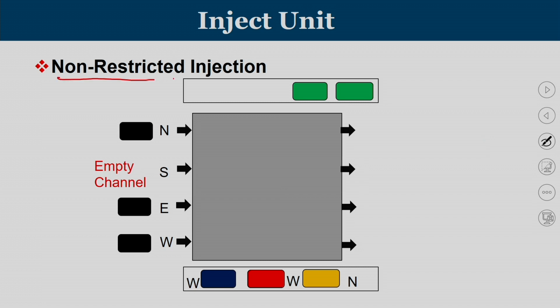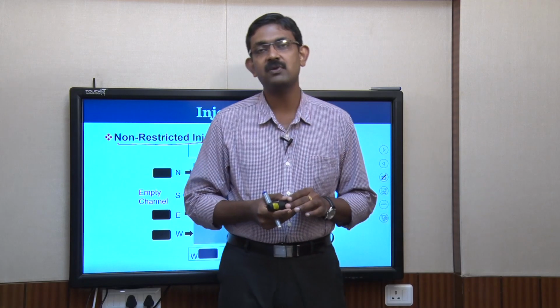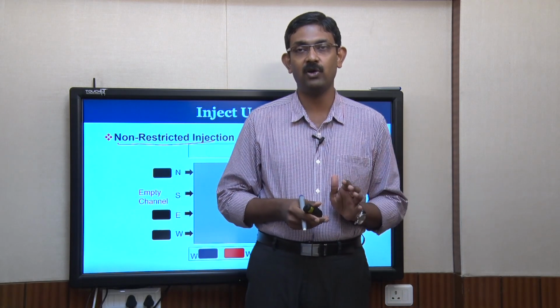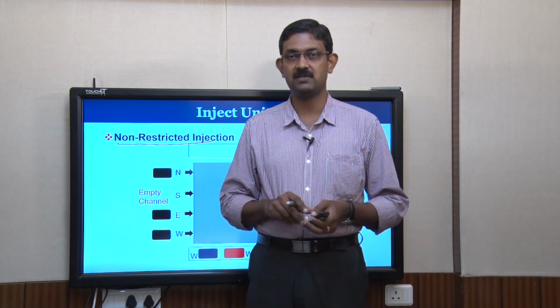If you are very choosy about injecting a flit in the case of slider, then your core buffer and side buffer will get accumulated with flits. You may not be able to inject flits because your preferred port may not be freely available. Some other port may be freely available, but since your preferred port is not there, you refrain from injecting the flits. If this scenario continues for multiple clock cycles, then slowly your core buffer and side buffer will get accumulated with more flits, leading to overflowing of them or throttling of applications.